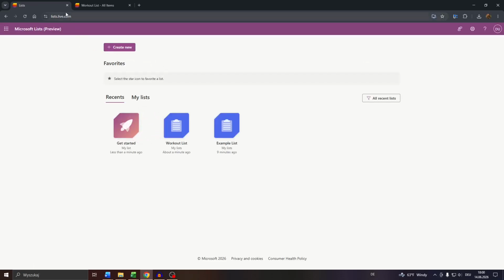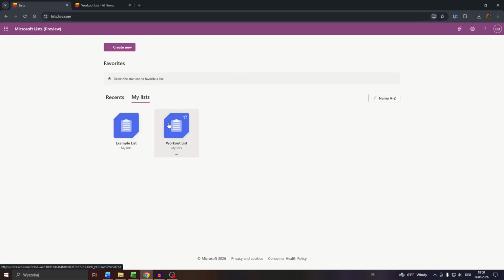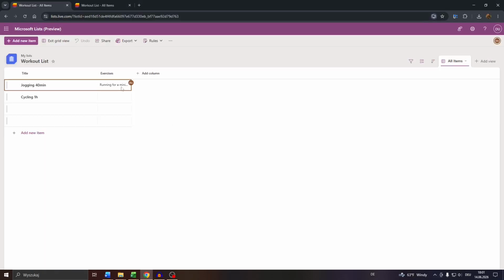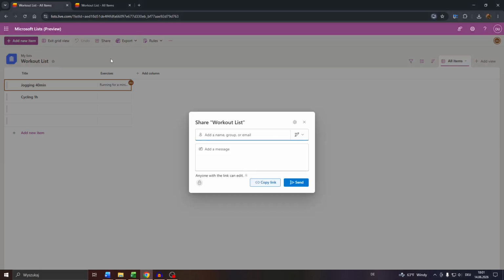Head over to Microsoft Lists, log into your Microsoft account, navigate to My Lists, select the given list, and then here at the top you will see this button, Share, next to the Export button. Click into it. After that, what you want to do is enter the name of the user you'd like to